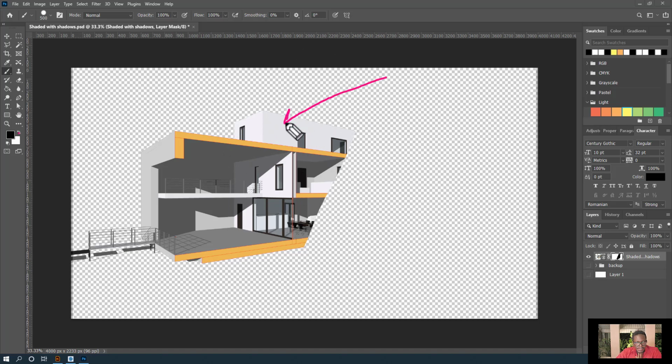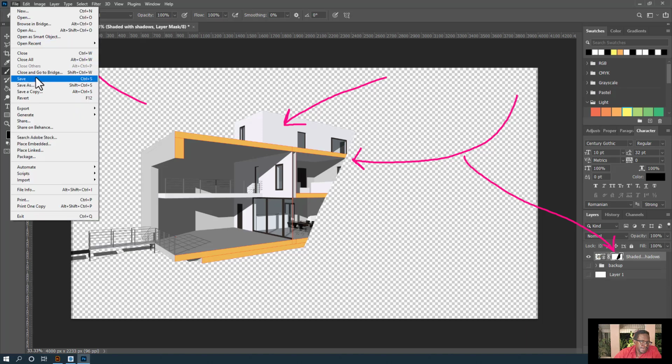Instantly you see that the changes from SketchUp are reflected in Photoshop, yet it still keeps the mask that was done using the mask layer. And of course, when I save this, I go to save,